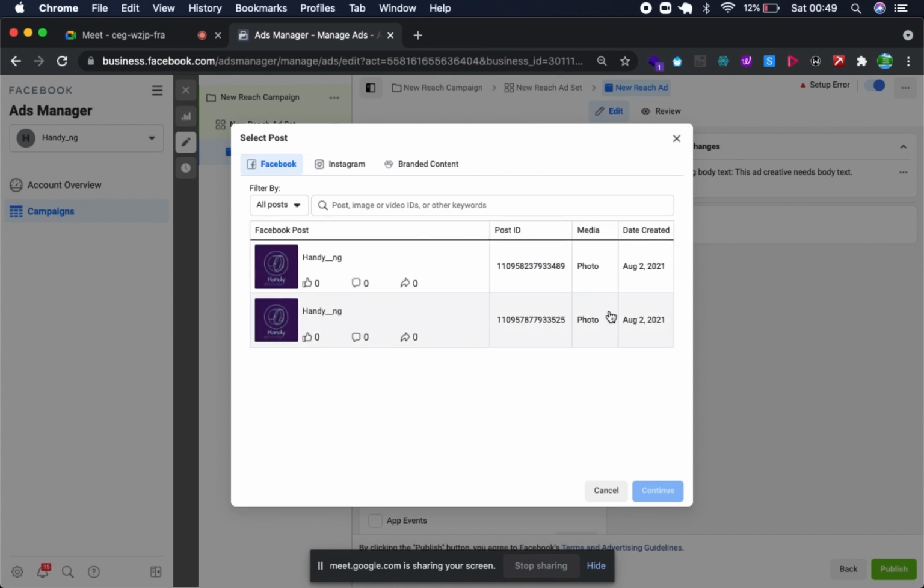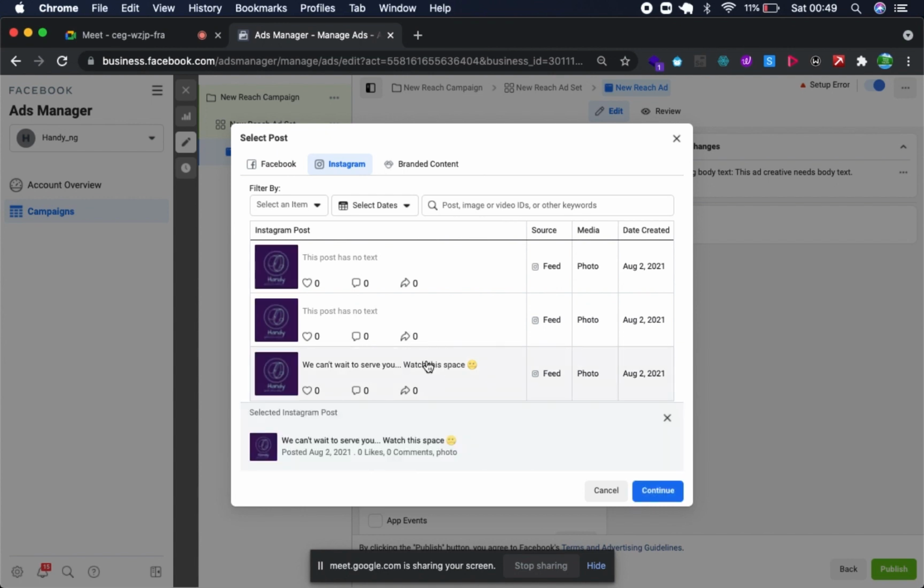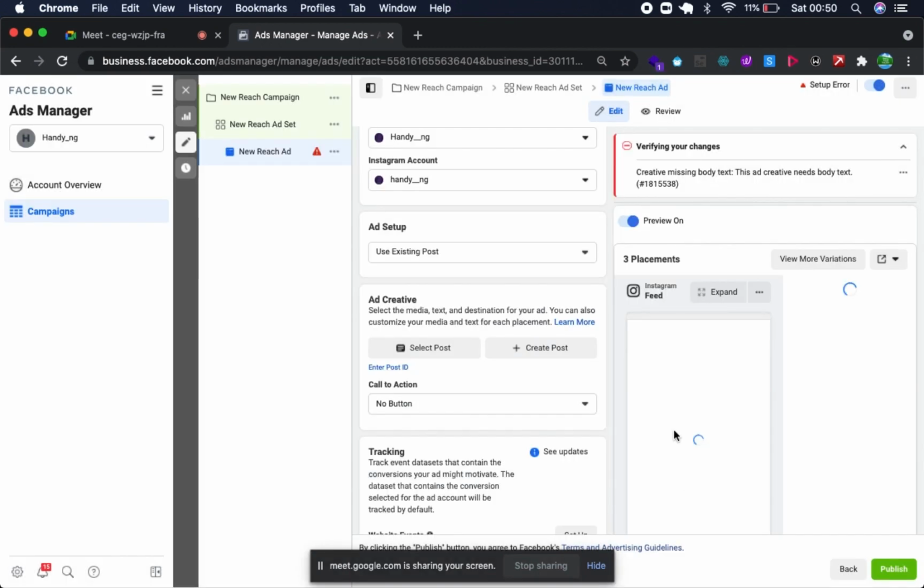So you can see Facebook, Instagram, branded content by using Instagram. I'm looking for the one that has comments. So this and then yeah. Okay. So yes, I think we're almost done basically.